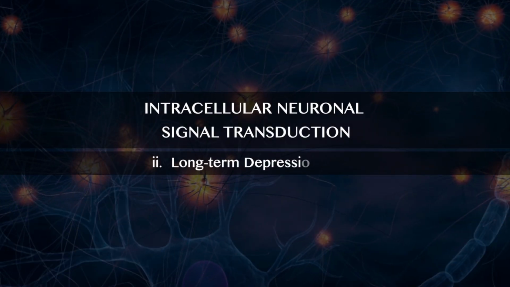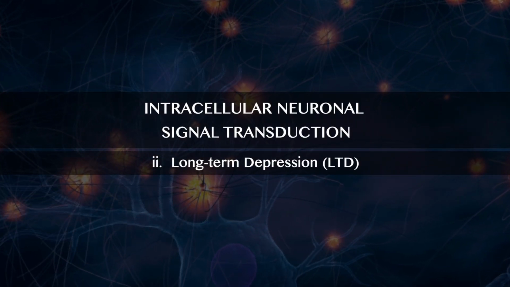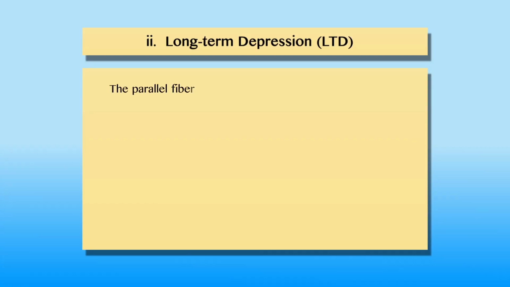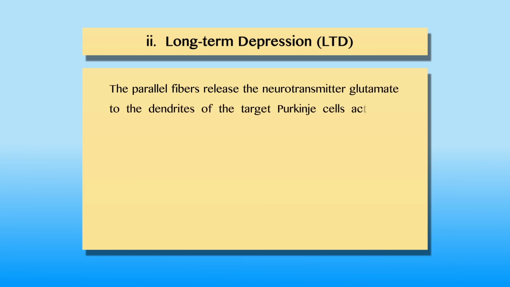Next is long-term depression. Such type of intracellular signaling is observed during synaptic transmission between parallel fibers and Purkinje cells in the cerebellum. The parallel fibers release the neurotransmitter glutamate to the dendrites of the target Purkinje cells, activating alpha amino 3 5